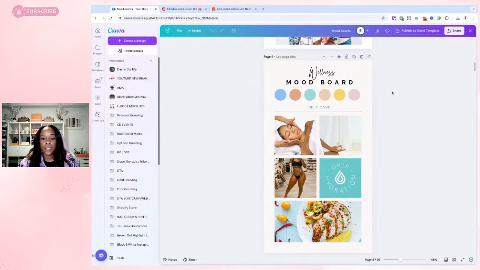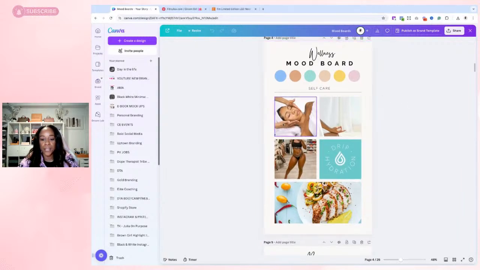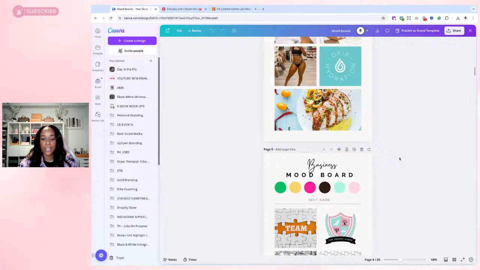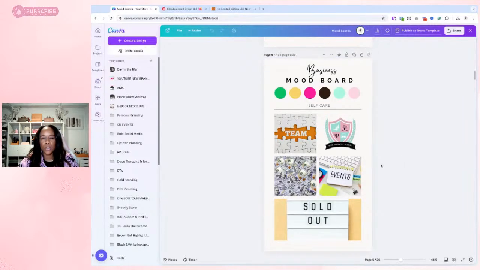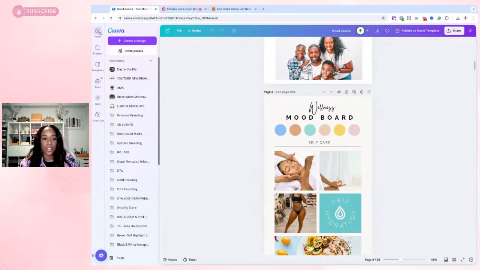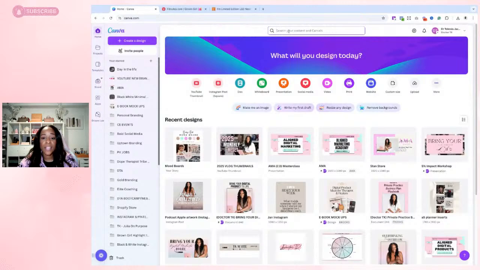So I had a wellness part. That's one of the years. And I just put all the pictures that represented what I did. And I manifested all this. I got my body in shape. I was getting massages. I did IV drip for like 6 months and had a membership. So you get the drift. It's a lot of things that you can do. So that's a mood board.